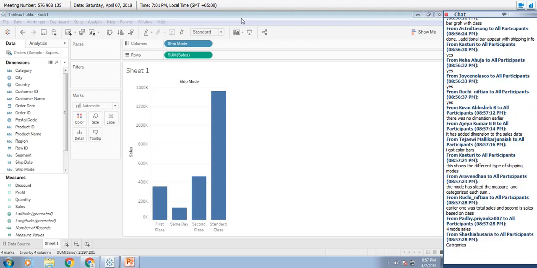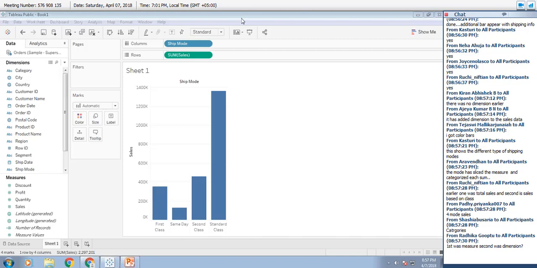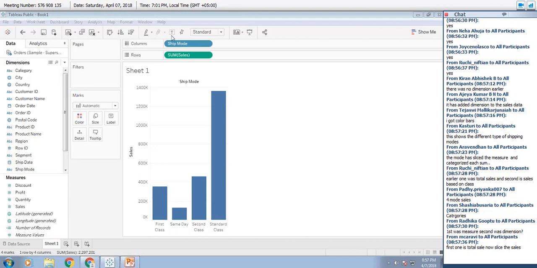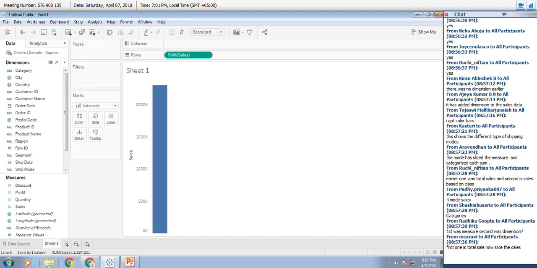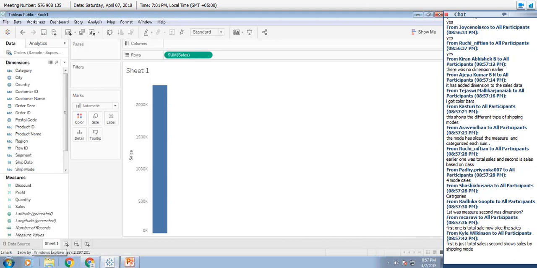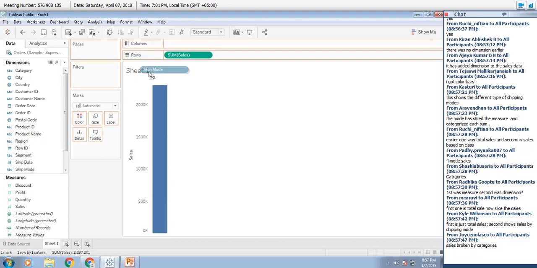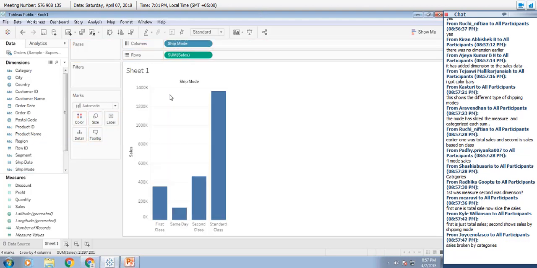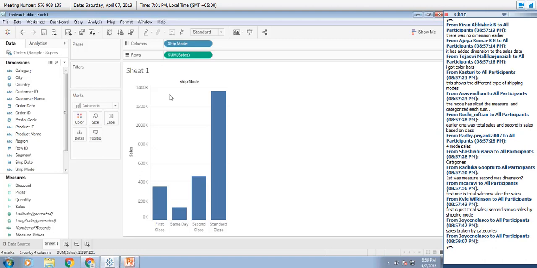The way at which you looked at sales changed, right? Earlier it was total sales across the entire superstore. Now we are seeing sales with respect to what? With respect to ship mode. So it is sales at the level of ship mode. This is called level of detail. Got the point? If someone asks you at what level of detail your sum of sales is, your answer will be it is at the ship mode.